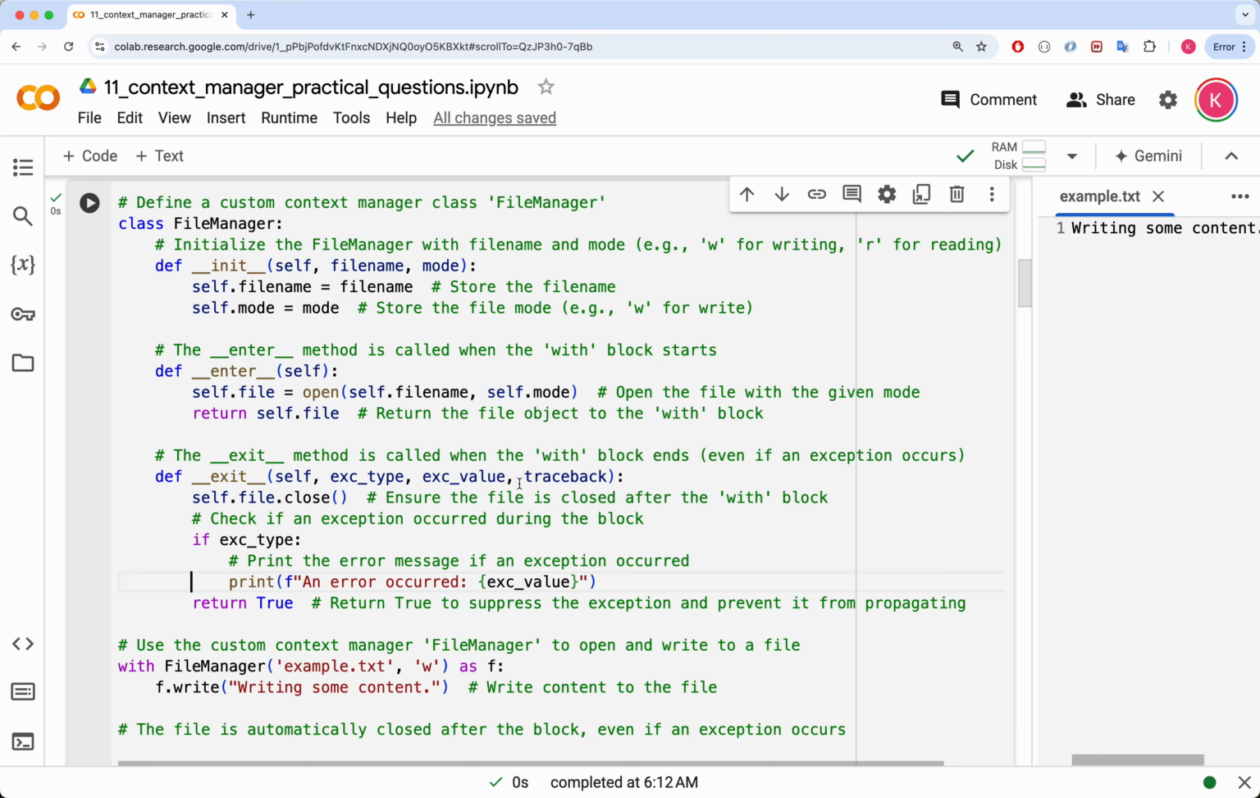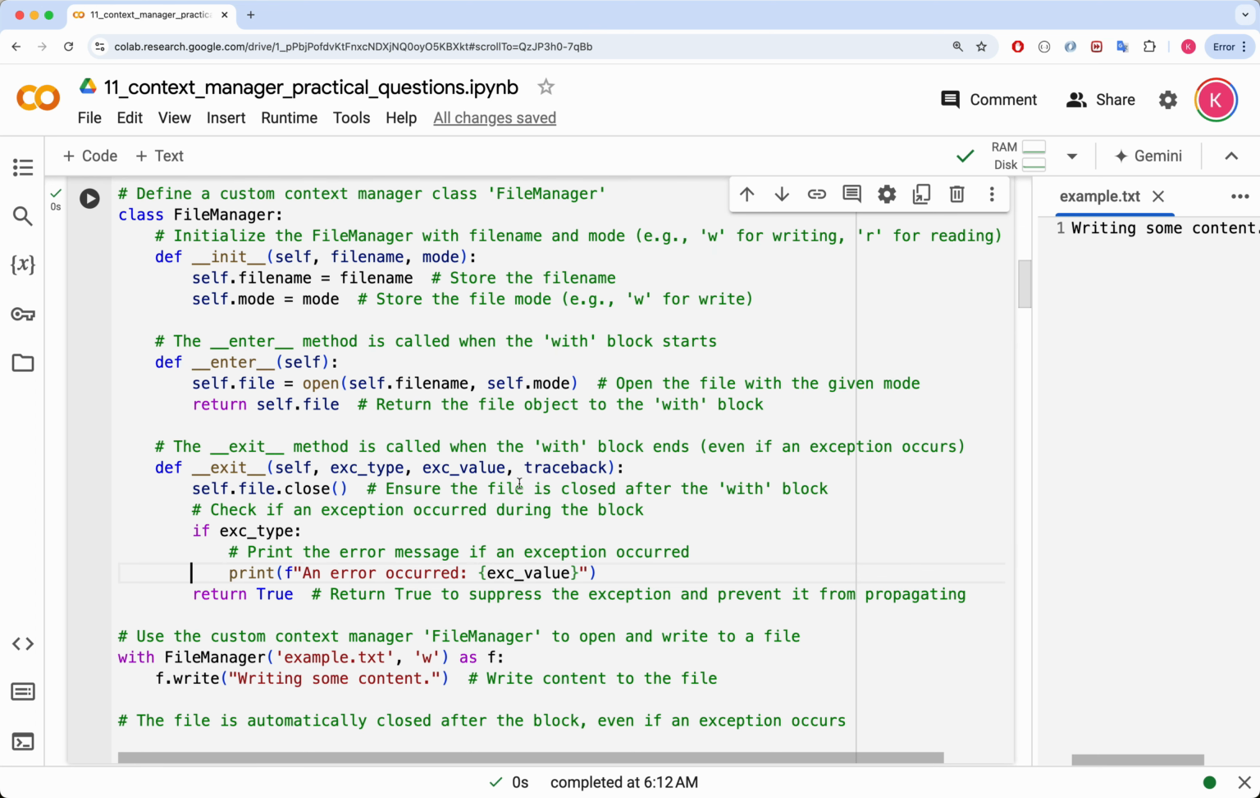If an exception happens inside the block, the method captures it and prints an error message. Additionally, by returning true, the __exit__ method suppresses the exception, meaning the program won't crash or propagate the error outside the block. This makes the custom context manager both robust and user friendly, as it automatically handles the necessary cleanup, closing the